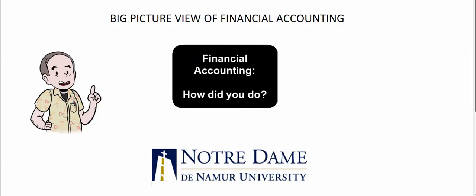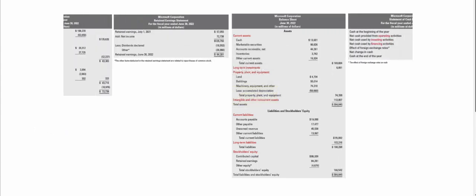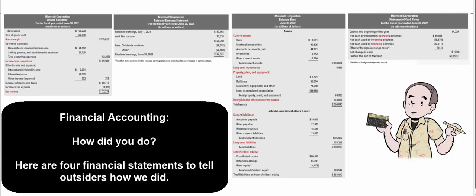The first class we usually talk about is financial accounting. How did you do? Our accounting education usually begins with financial accounting. I say we're answering the question, how did you do? Because we're preparing financial statements primarily with outsiders in mind. We're trying to tell rating agencies, we're trying to tell the SEC, we're trying to tell prospective investors how we